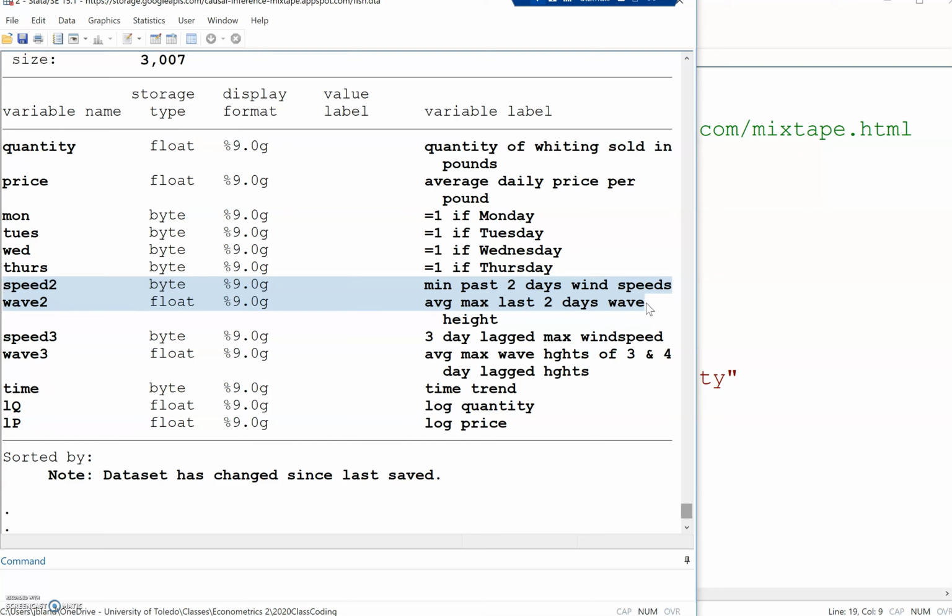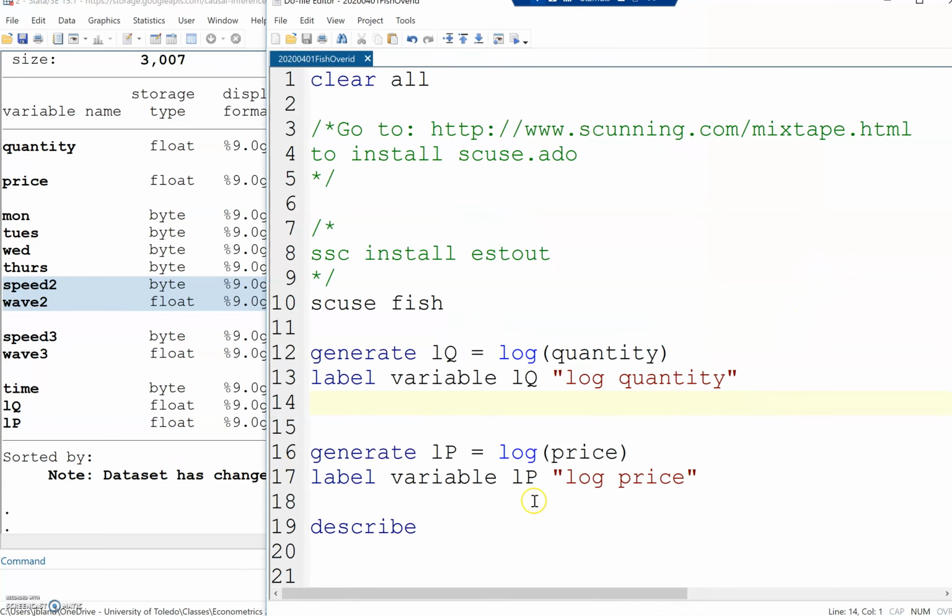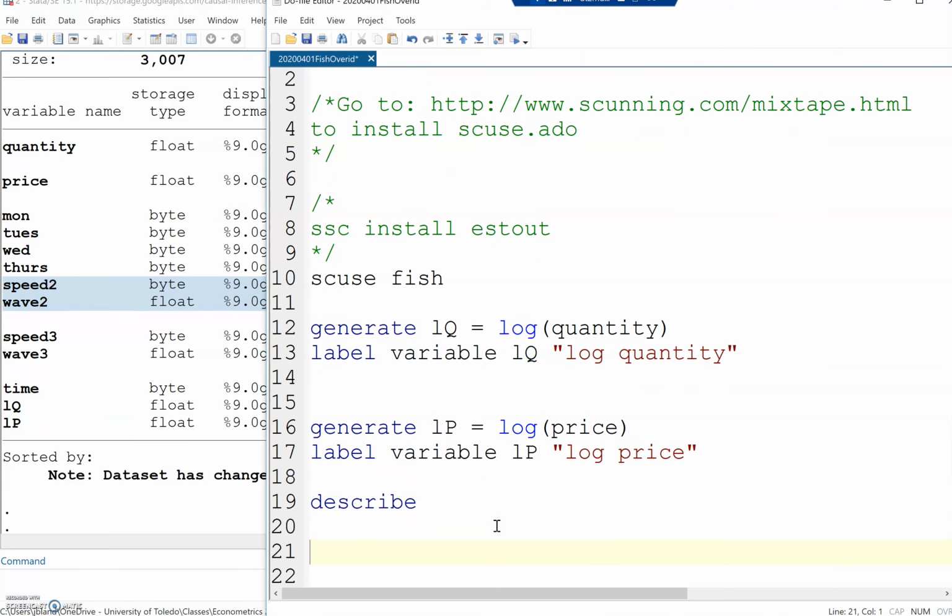Okay, so those are the things we need to satisfy the exclusion condition, and now we're going to test whether these two instruments are valid. Or at least, if we fail to reject the null, then they're equally good or equally bad. So to build up what we're doing in the over-identification test,